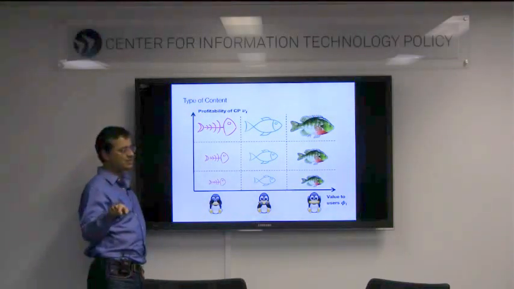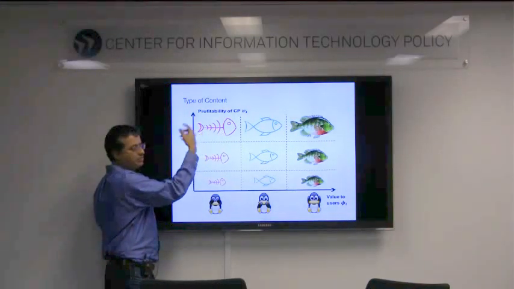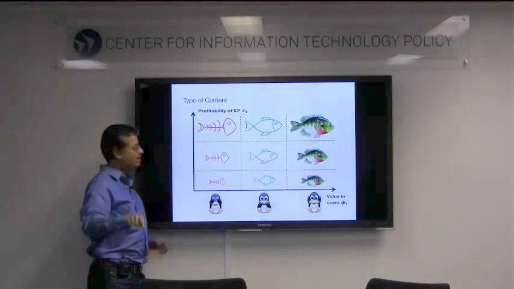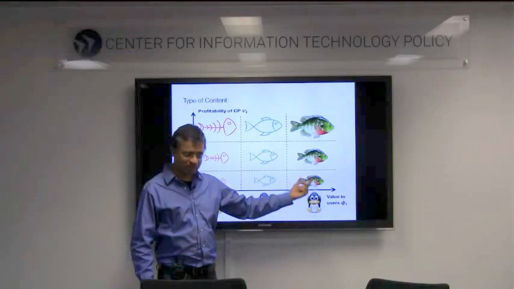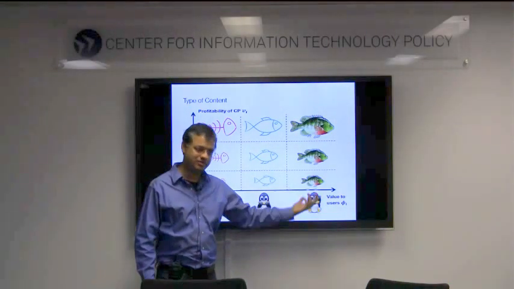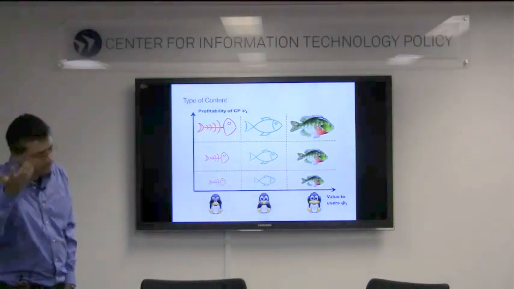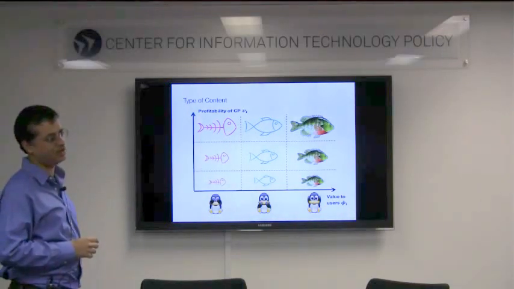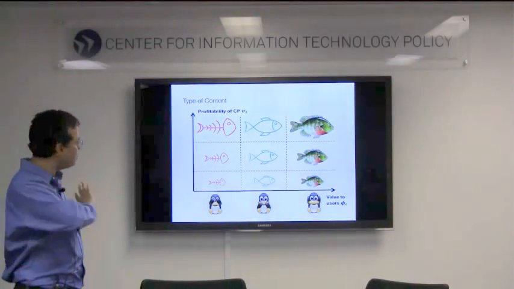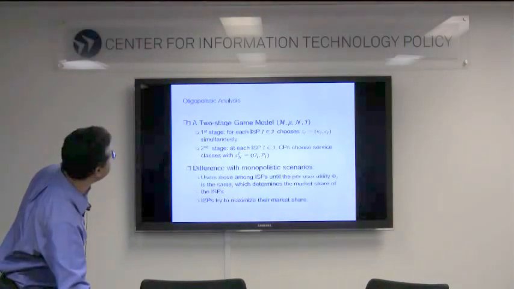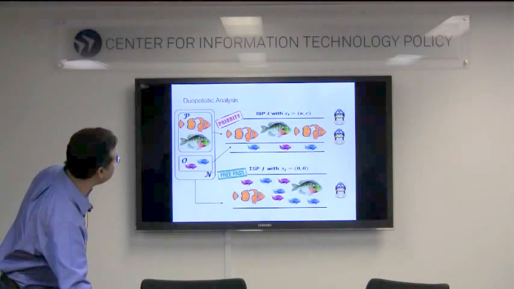True. What's happening here is that you could have content providers of this kind who have a lot of profit and who can afford to pay, but they don't have a lot of utility for the users. And then you have the little guys that don't have a lot of profit, but they provide a lot of utility to the users. I can imagine that scenario, but is that actually the real world? We used some models, different kinds of distributions. This is a possibility that could be there. Sure. But we said under all sorts of distributions of these kinds of content providers, one thing that became clear was the presence of this public option ISP